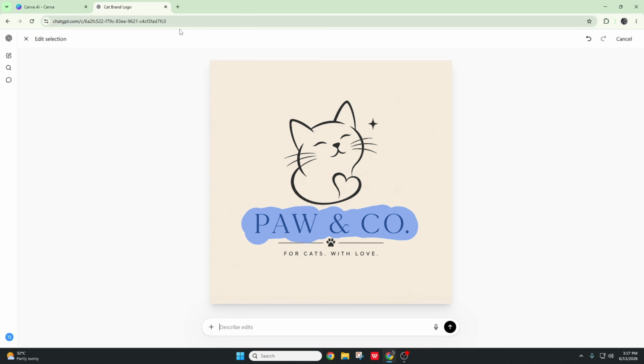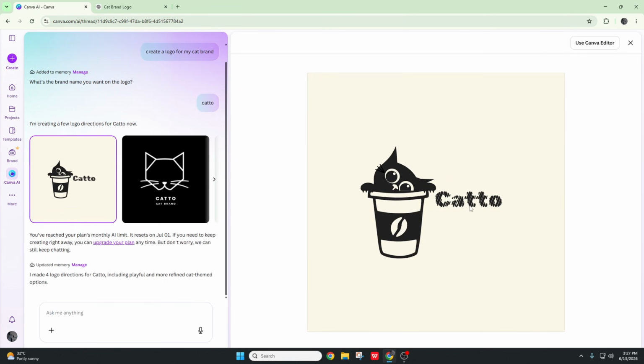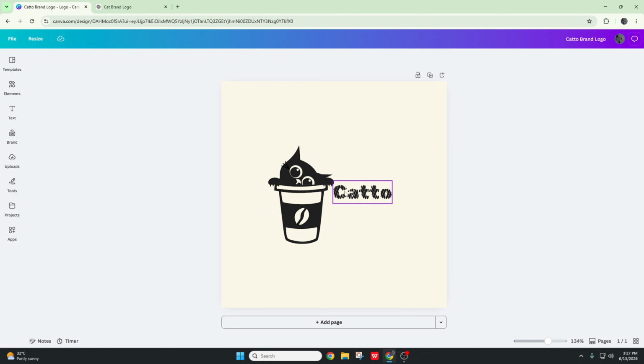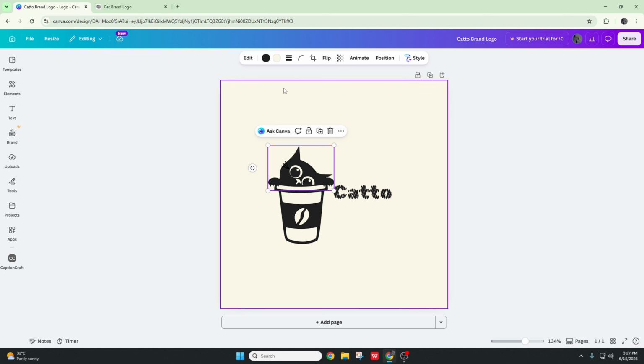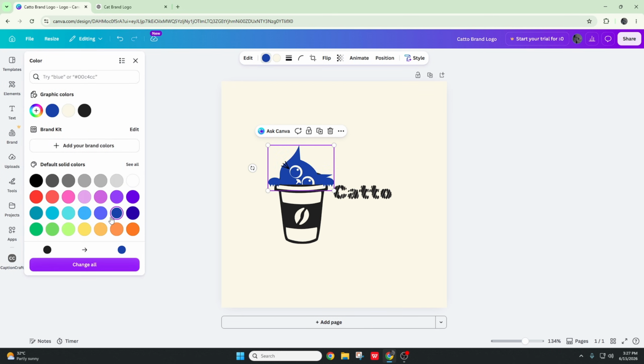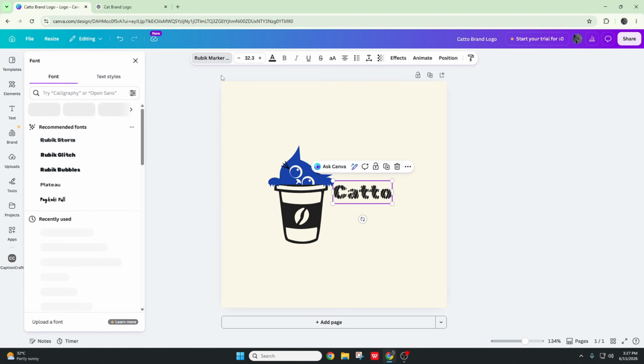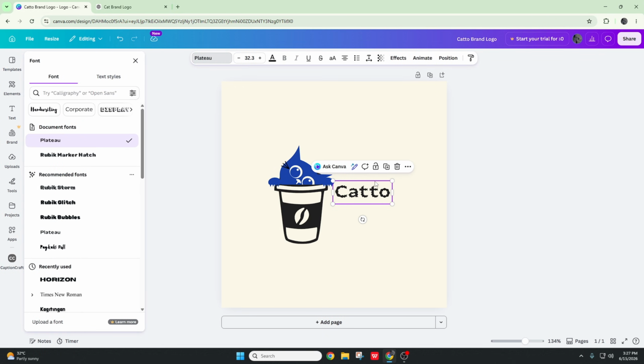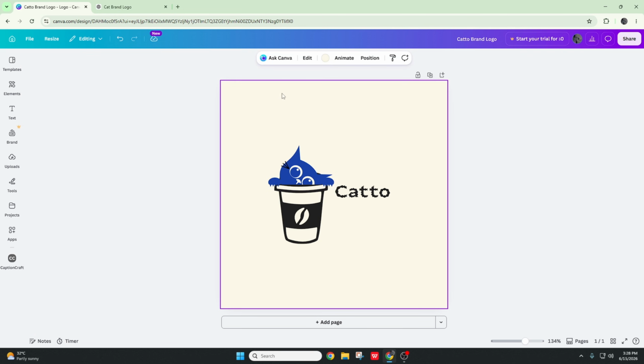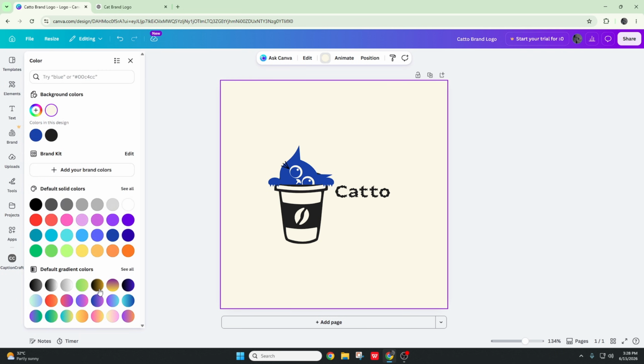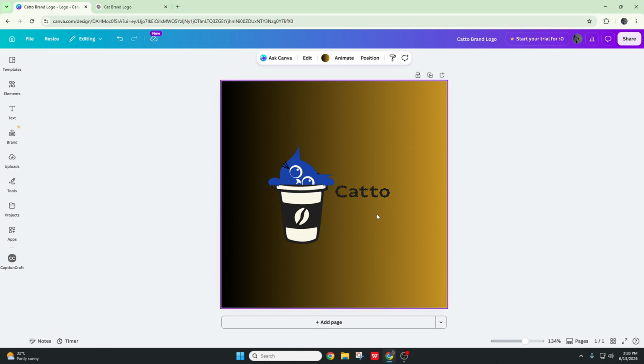the selected area. With Canva, if you select it and use the Canva editor, you will be able to edit each and every single element from this logo. As you can see, you can select any of these elements. If you don't like the color, you can change the color. If you don't like the font, you can come here and change the font. And if you don't like the background, you can change the background color. You can change every single detail about this logo that Canva AI gives you, and you can ask Canva to